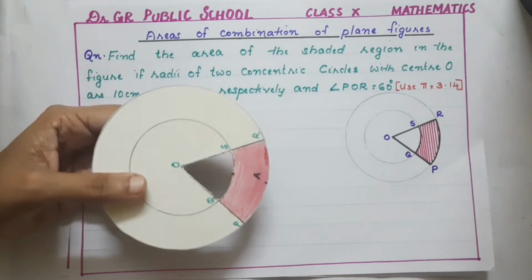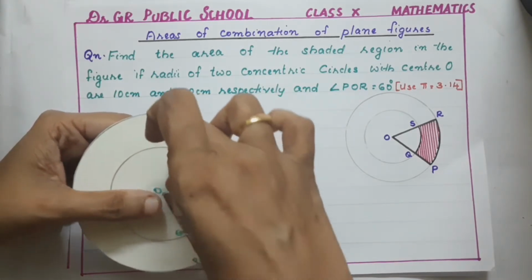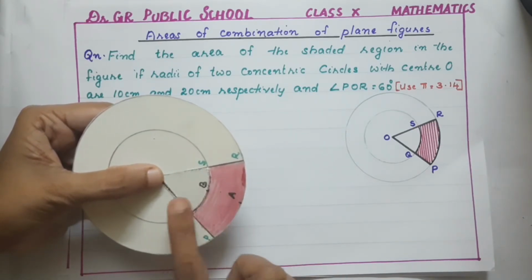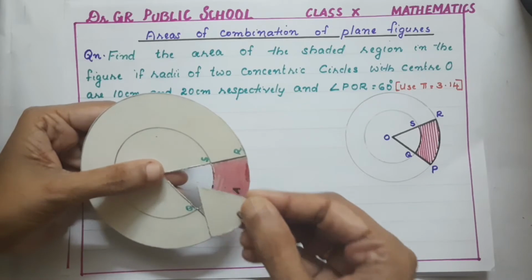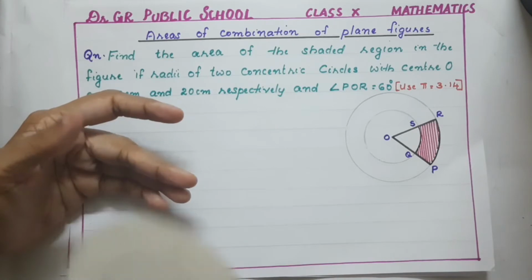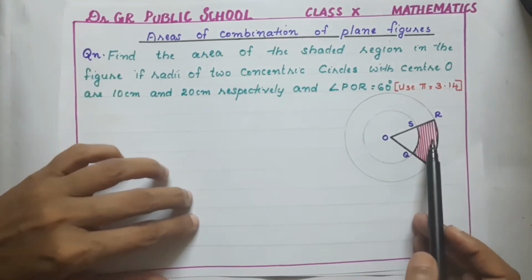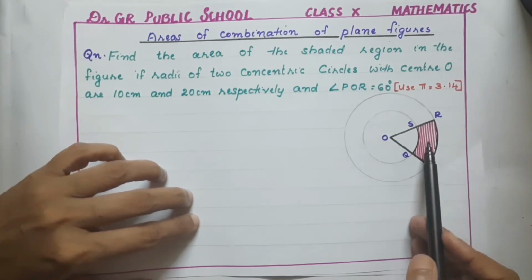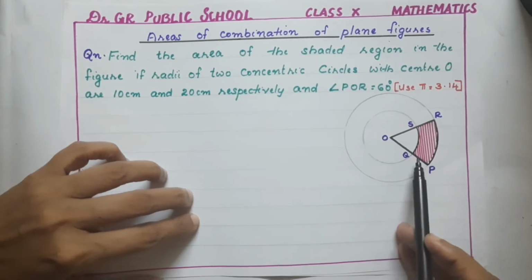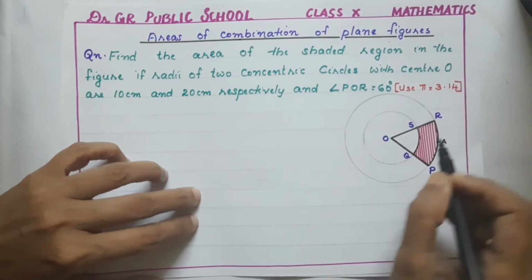So did you get the idea about the area of the shaded region? Area of this larger sector minus area of this smaller sector, we will get the area of this shaded region. Okay, now come to our figure. So we have discussed everything. To get the area of the shaded region, area of the larger sector. What is the larger sector's name? Here I will take one more point, A, to name the sector.